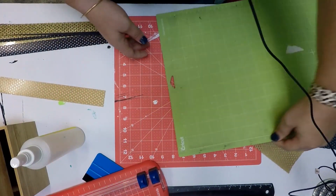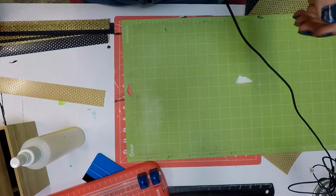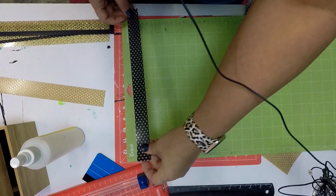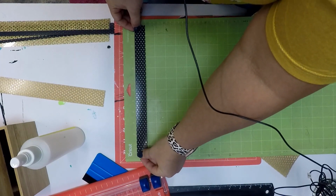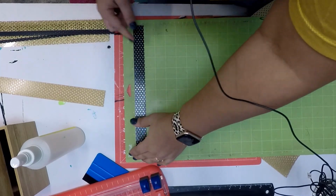Okay, so you do want to make sure your cutting mat is nice and sticky for this, and you want to make sure you put the shiny side down, so the part that looks nice and glittery, that's going to go down on your mat. So I'm just going to line up starting with black,